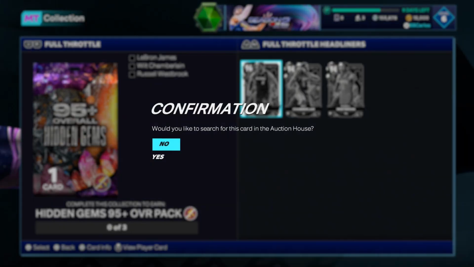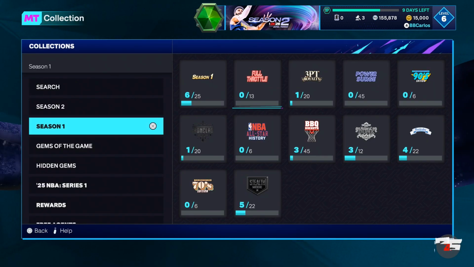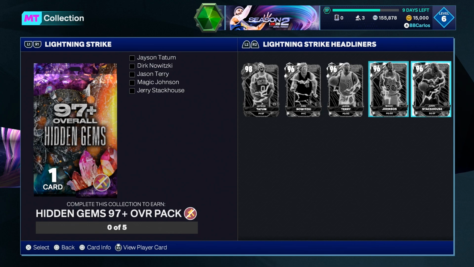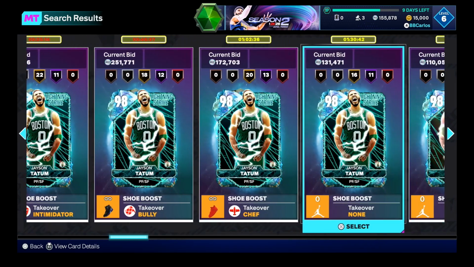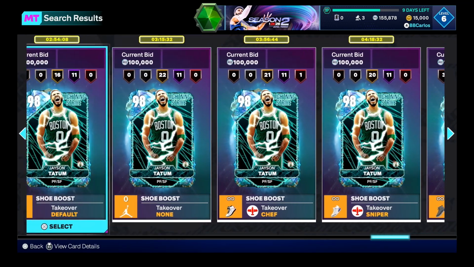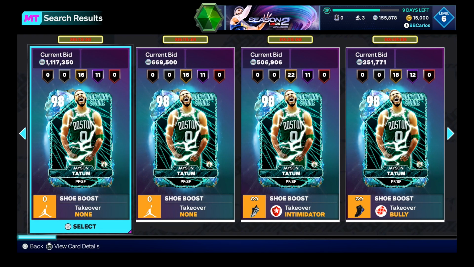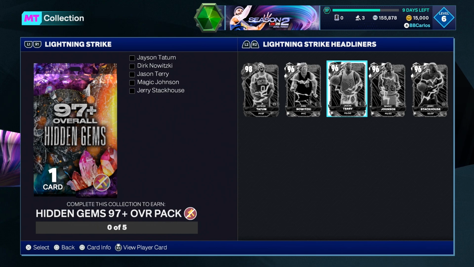reason that 2K also does this, because they know that they're going to be spending that money, right? They're like, okay, let's bring in these collection rewards, hidden gems 97 plus. They're going to open packs, and then they're going to lock them in. And then people are not going to be able to get those cards because the people that do pull them either keep them or they sell them. But then if they sell them, people buy them up and then they lock them in, and so there's going to be even less in the auction house, and that's going to drive the price even higher, because it's simple